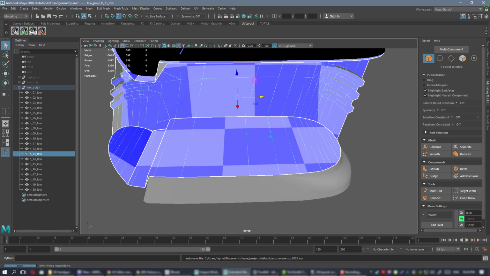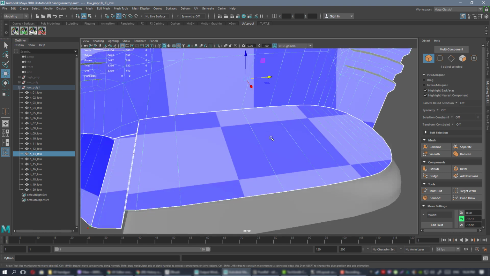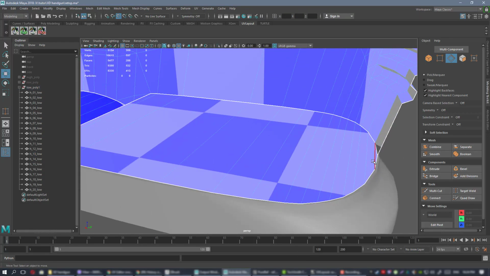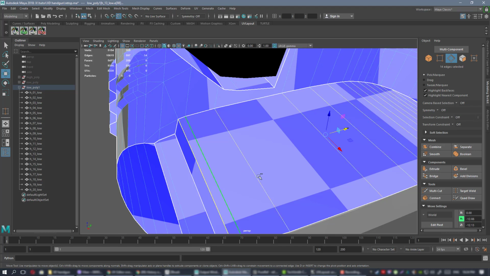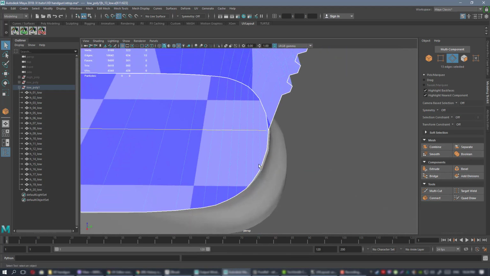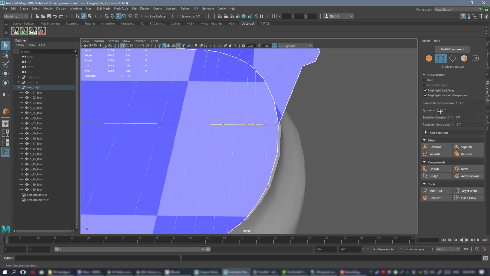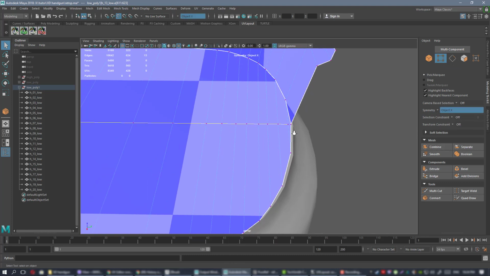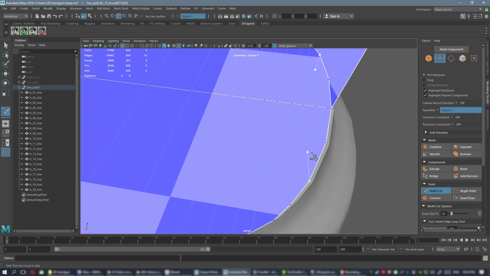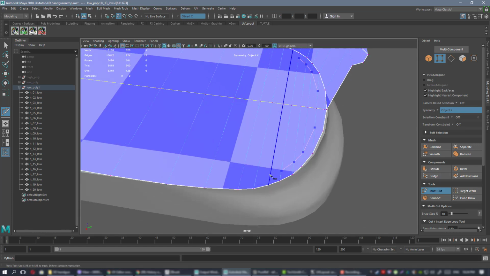Just thinking what is the best way of doing this. Okay, let's do pretty much the same thing. So select, connect, and turn on the symmetry. And let's just go through all of those guys,